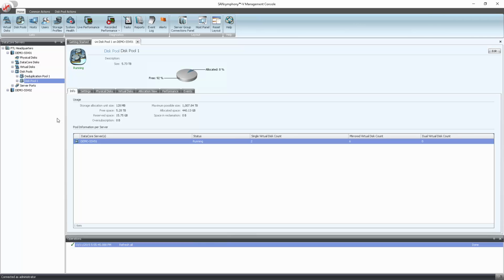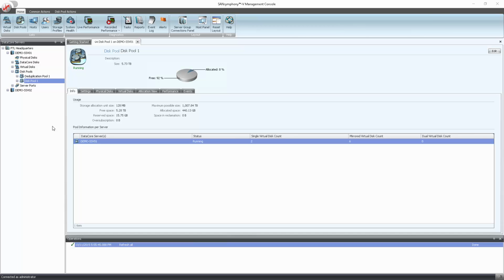This tab displays general information about the disk pools such as SAU or Storage Allocation Unit size, free space, max pool size, allocated space, and oversubscribed space. Since all disk pools are thinly provisioned, the SAU size represents the thin provision unit size. The SAU size is set when the disk pool is created and cannot be changed. SAU sizes can range from 4 megabytes to 1024 megabytes depending on the size of the pool required. SANsymphony can support up to 1024 pools per node and 8 petabytes of physical storage per pool.